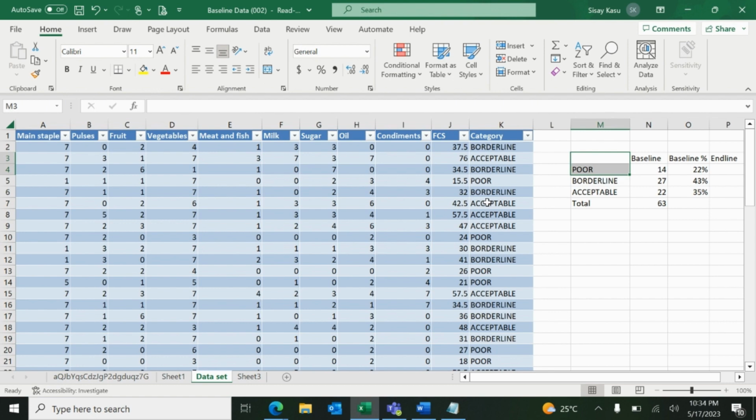You don't need to struggle with other complex statistical data analysis